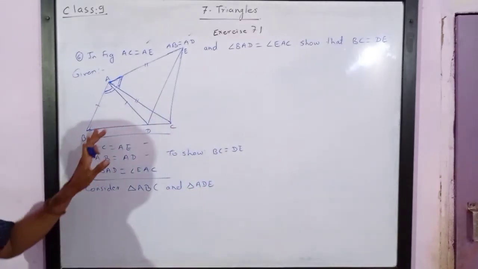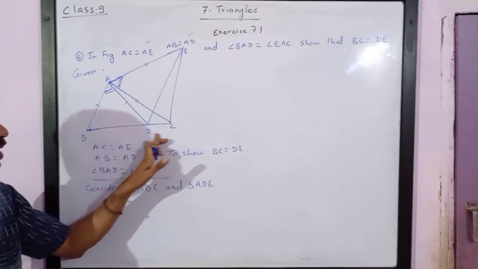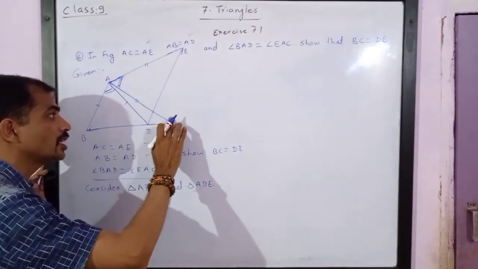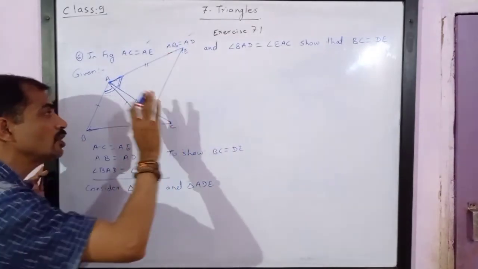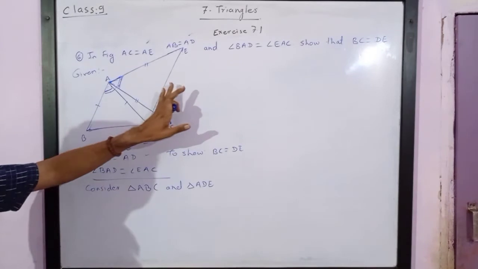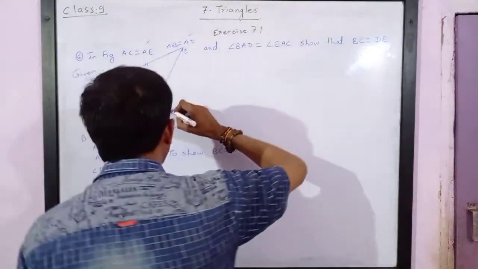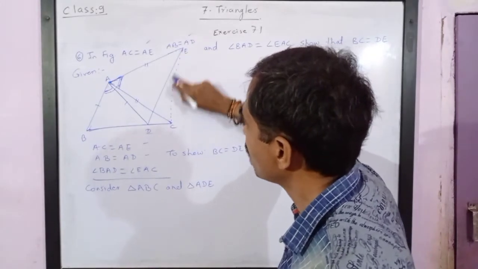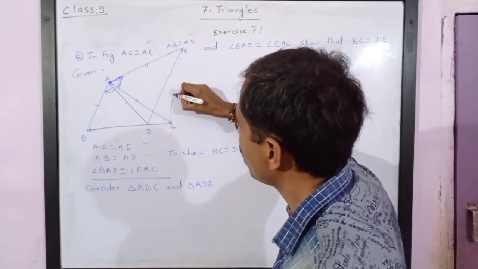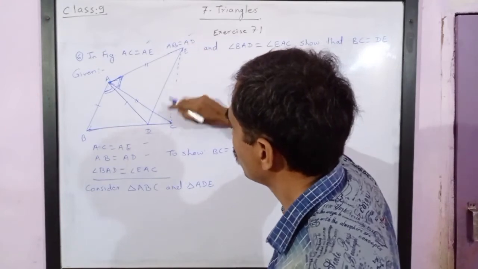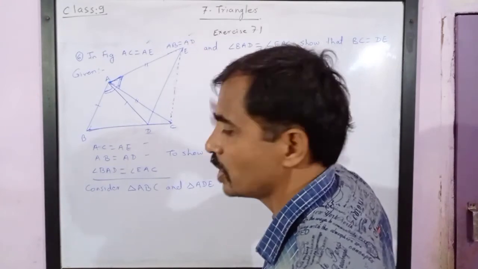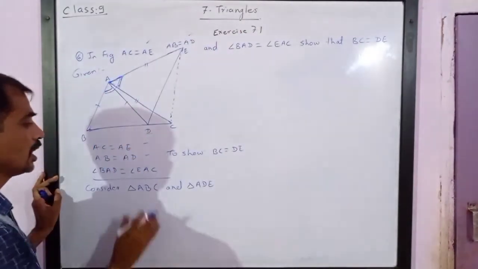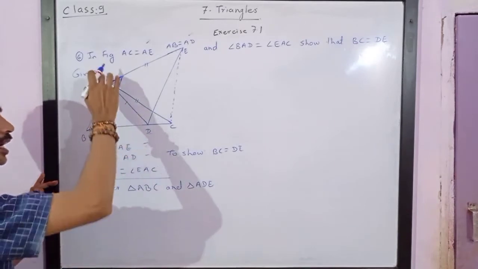Now watch carefully. If you look at the figure and if you look at the answer, this part is just for confusing you. I have erased the line CE. It was just for confusing you, so I have erased it. Afterwards we will draw it. The line CE is actually not related to any part of the answer, nor to the question. So let us not think of that line now. Consider triangle ABC and ADE.